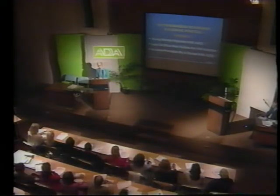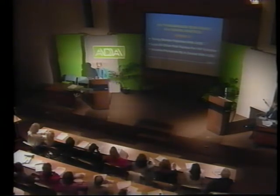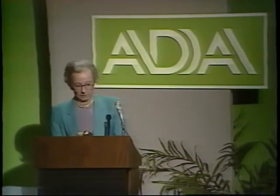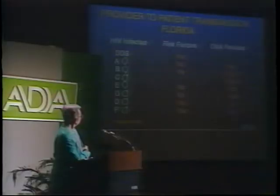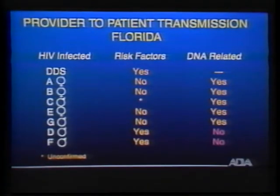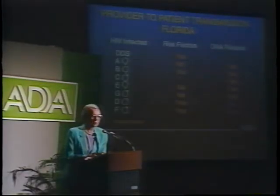Eventually, about 1,000 patients presented for testing. This is probably not his entire patient roster, and this is what they found. The dentist, of course, is up here. He had risk factors for AIDS or for HIV infection, and 7 patients were found to be HIV positive. Through very sophisticated and extremely expensive viral sequence matching,